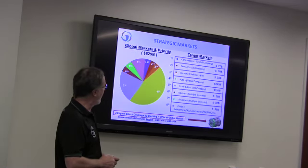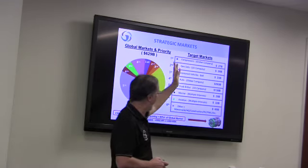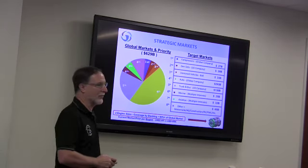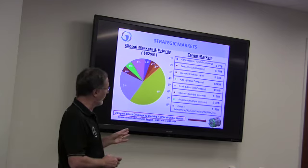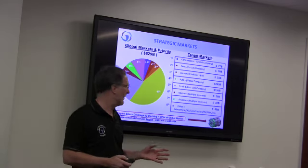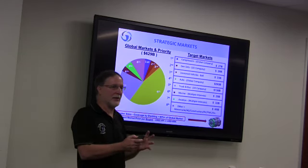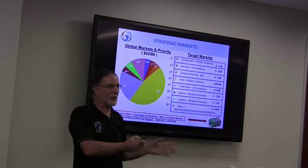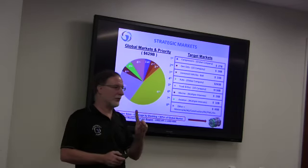What are the markets that we're looking at? Kind of gives you an idea. We're talking about a half trillion-dollar market a year when you add up all the different pumps and compressors and engines that are out there. And with two engine sizes, a 1.5 liter and an 8 liter, by stacking them, we cover 60% of the need for engines. We can do two 1.5s and make a 3 liter. We can then do an 8 liter and stack two of them together and get a 16 liter. That lets us cover small cars, large cars, SUVs, medium duty truck, and heavy duty truck with just two engine